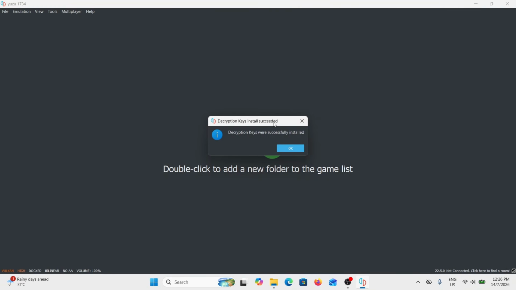So, decryption keys install succeed. Okay, just click on OK. And now is where the thing's going to start being a bit complicated. So in order to have